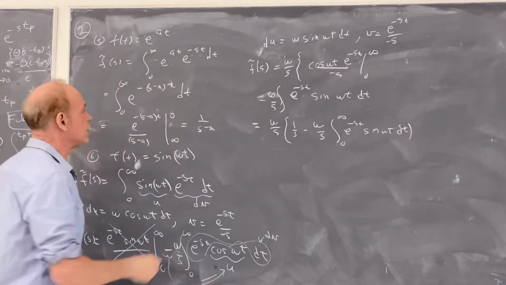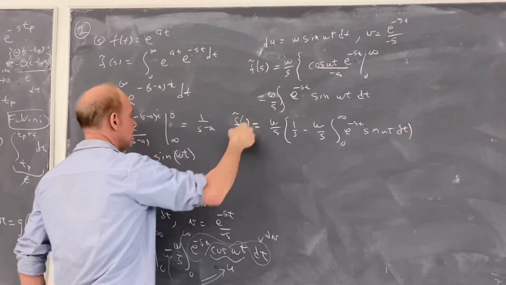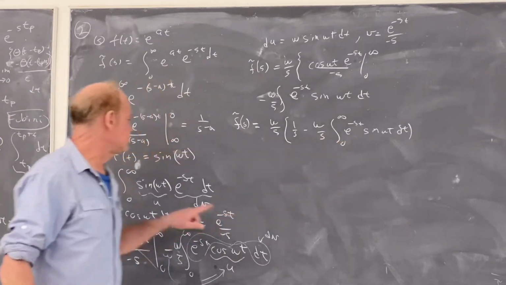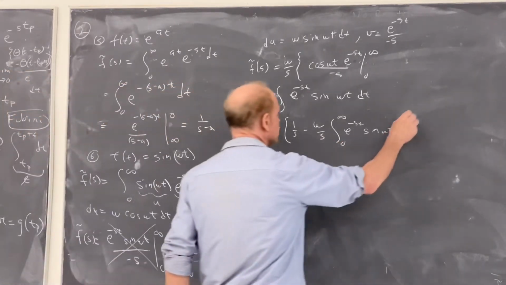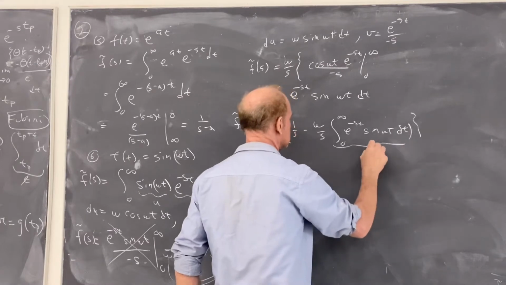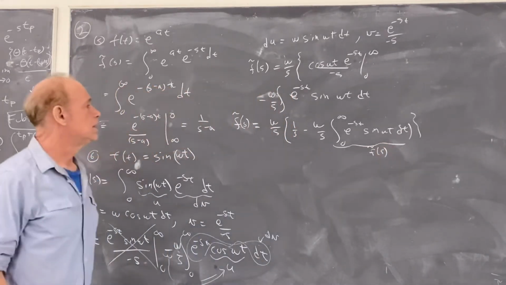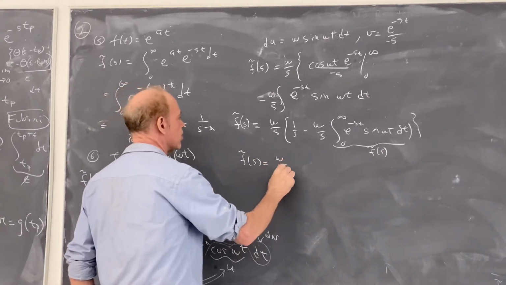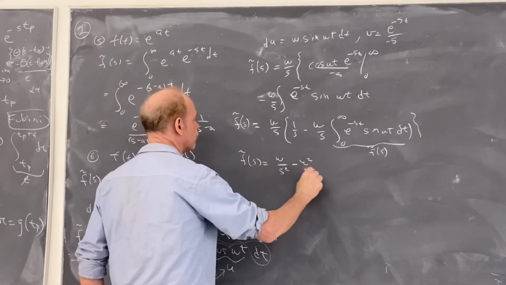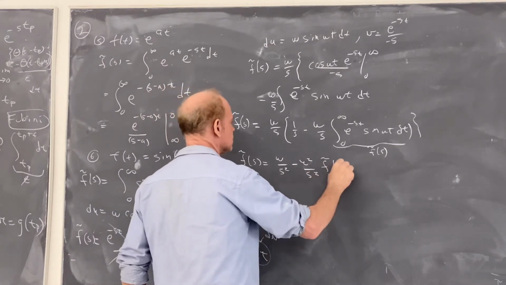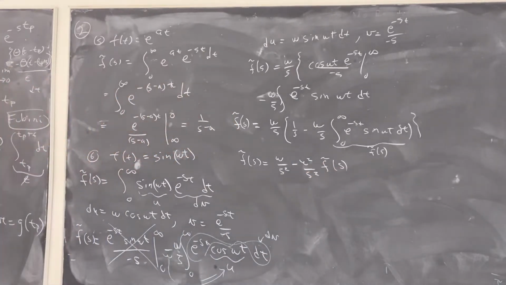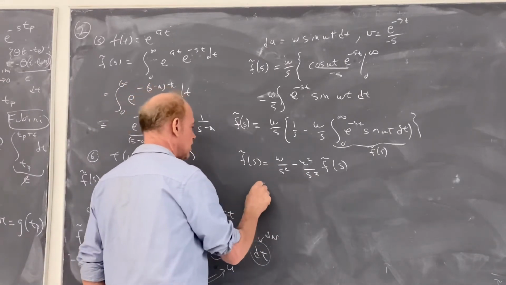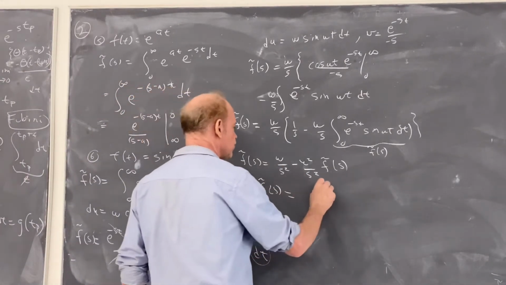This is f tilde of s. But notice f tilde of s is exactly this integral. So this is also f tilde of s. So I have f tilde of s is equal to omega over s squared minus omega squared over s squared, f tilde of s. So I can solve for f tilde of s. I add this to both sides, factor and divide, and I get f tilde of s is equal to omega over s